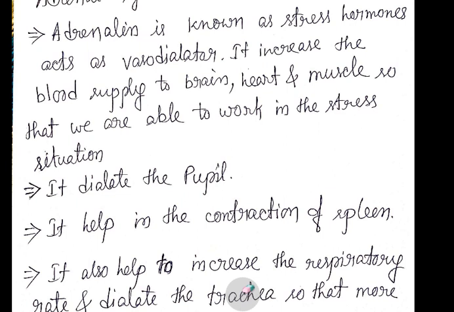Okay, and this adrenaline also acts as a vasodilator. Okay, and it also increases the blood supply to brain. It also helps to supply the blood to heart, muscles, so that we are able to work in stress situation. तो एड्रेनलिन का और क्या काम है? इसका काम है कि ये ब्रेन को, हमारे मसल्स को, हमारे हार्ट को, ठीक है ना, हर जगह पे ब्लड पहुंचाता है. क्यों? ताकि हम स्ट्रेस सिचुएशन में ठीक से अपने सारे ऑर्गन्स काम कर पाए. That was the purpose, and it is done by this adrenaline. ठीक है ना.